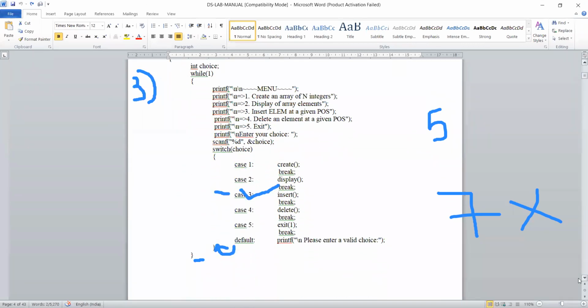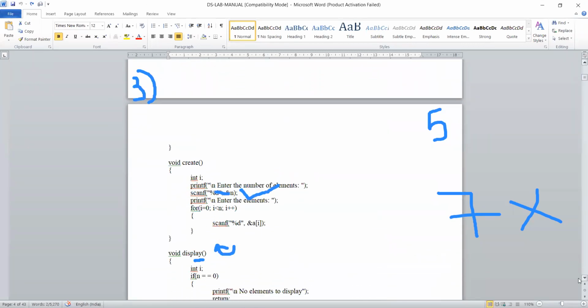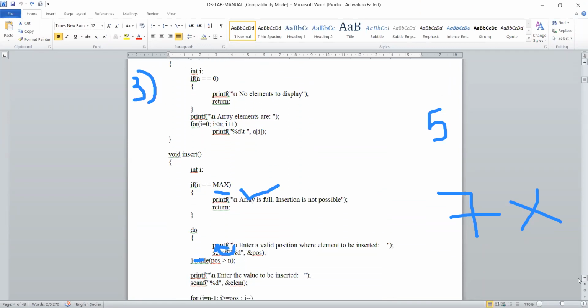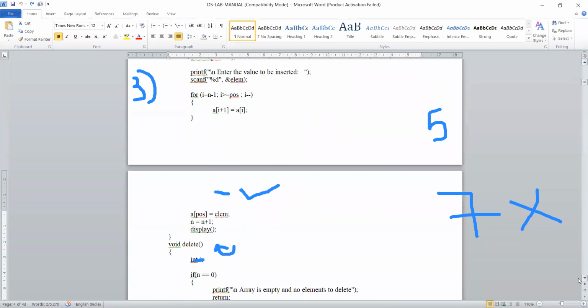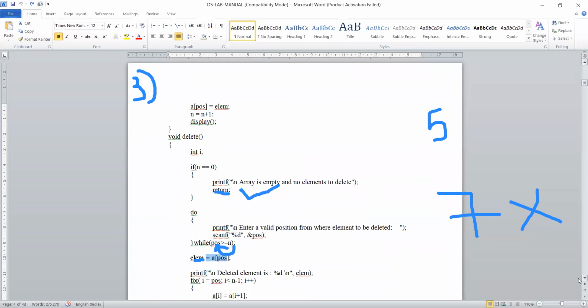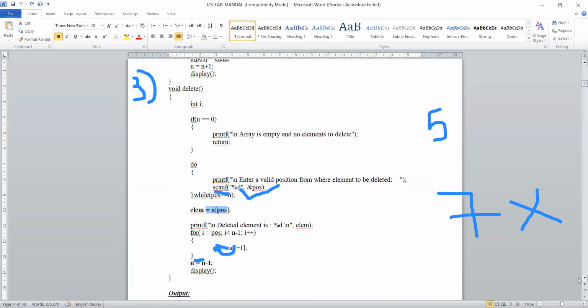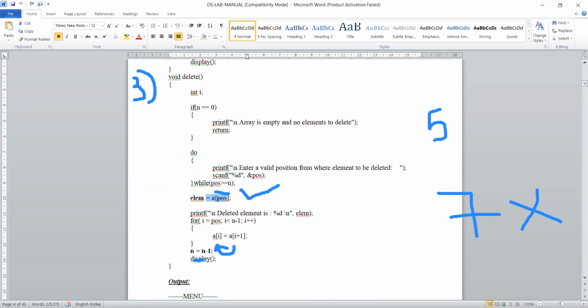So, the main program. I want all of you to copy this program in your observation. And check this condition also. As you said, if it is asking 7 greater than or equal to 5, it is false, so it will not enter the loop, right?